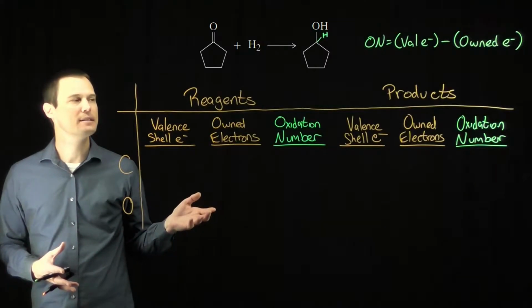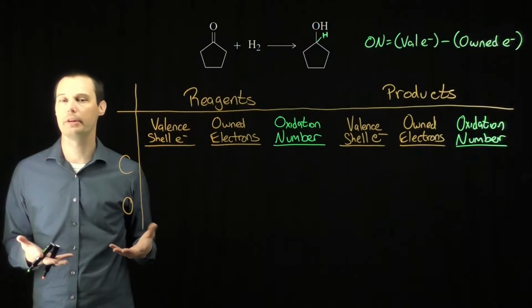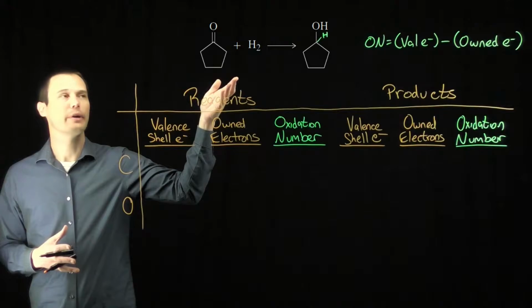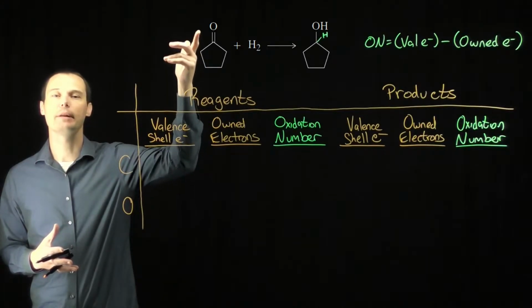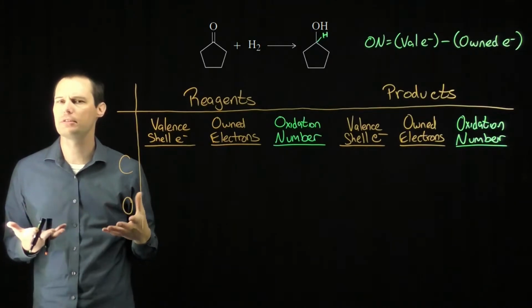The question asks us to use oxidation numbers to determine whether this reaction is an oxidation reaction, a reduction reaction, or neither. To do that, we will look at the atoms that change during the course of the reaction. For this particular reaction, it would be this carbon atom and this oxygen atom. The rest of the atoms stay the same,